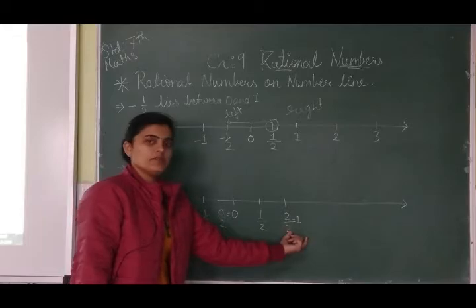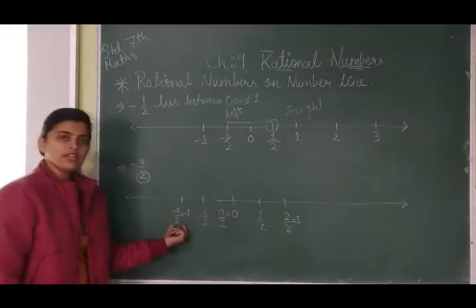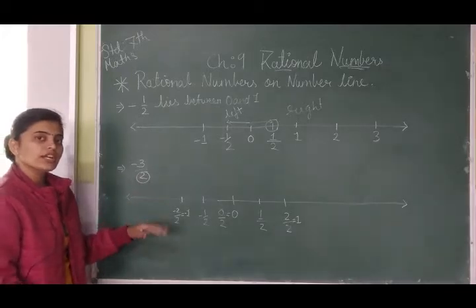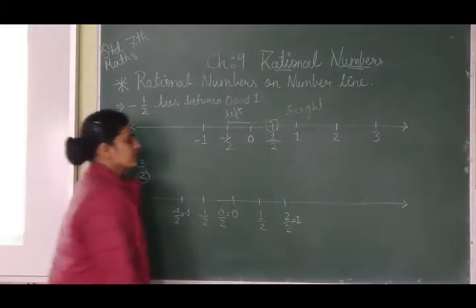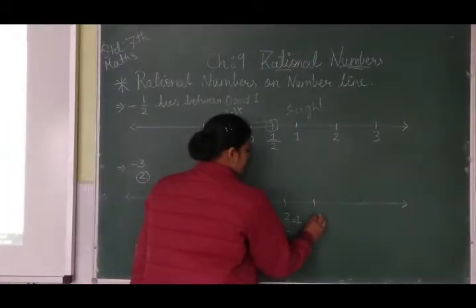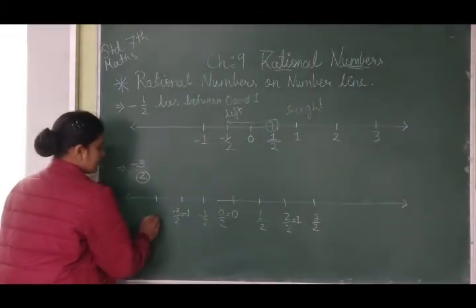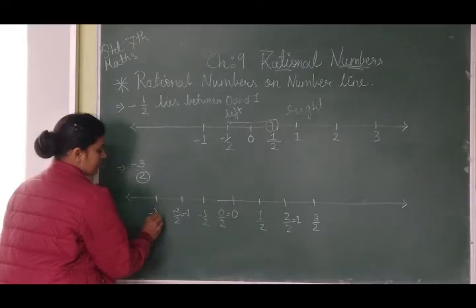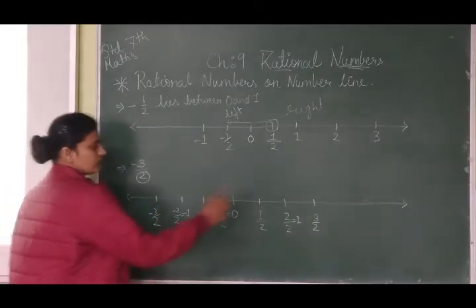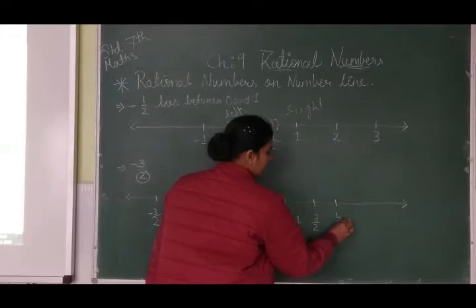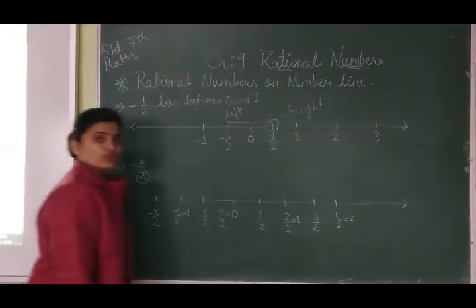After that here it will be 1. So here it will be minus 1. What do we need? We need minus 3 by 2. So again one step more we need. So here it will be 3 by 2, and here at the equal distance it will be minus 3 by 2. Again we can write down 4 by 2. What is 4 by 2? 4 by 2 is equal to 2.